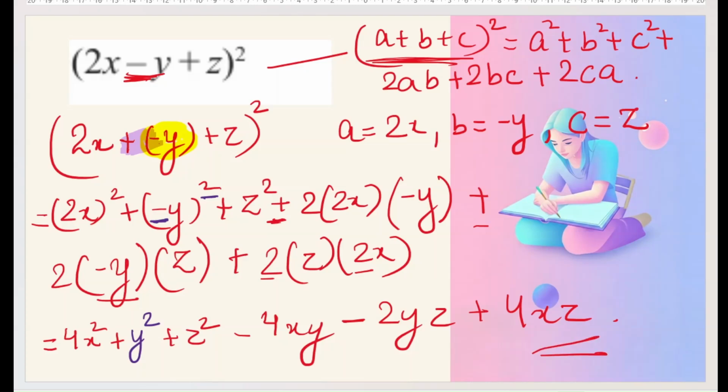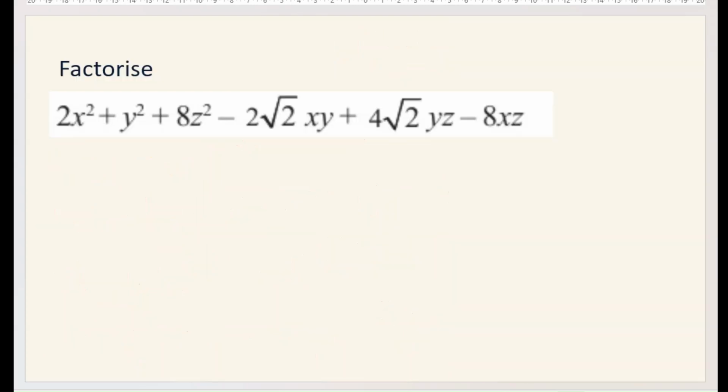Okay, so next comes a very, very tough question, which is very tough for many students to do. Now, how many terms are here in this question? Count the number of terms. What do you mean by term? Whenever a plus or negative sign comes, a new term starts. So how many terms are here? 1, 2, 3, 4, 5 and 6. There are 6 terms in this.